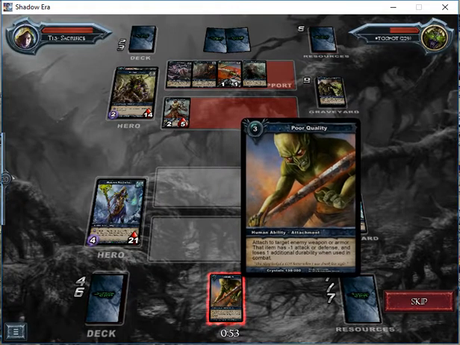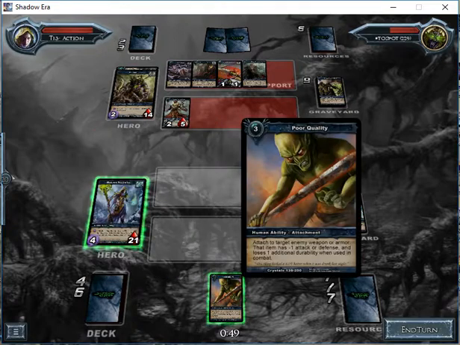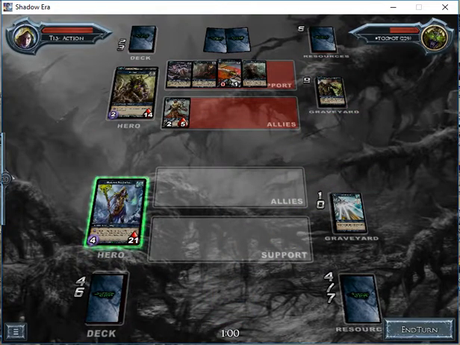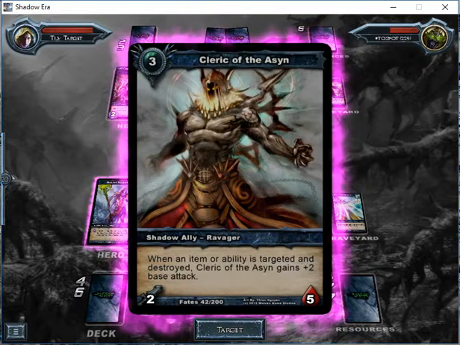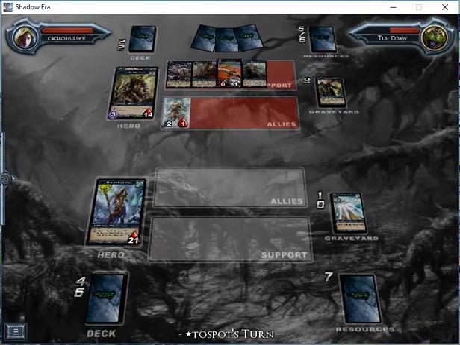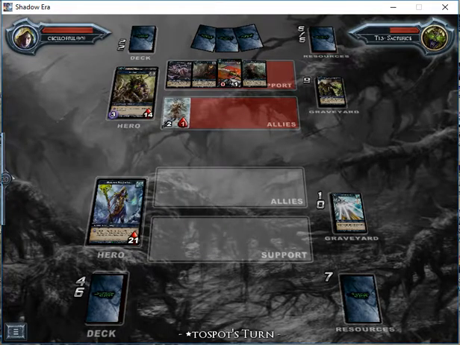You know what? I'm going to attack his weapon with this. Oh, and I'm going to use my ability on this guy. So, yeah, you can go ahead and destroy an item of yours. But I think you have to have 4, so you're going to have to wait another turn before you can do that again. So...